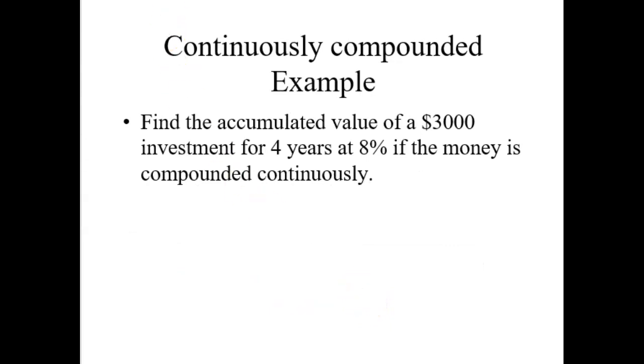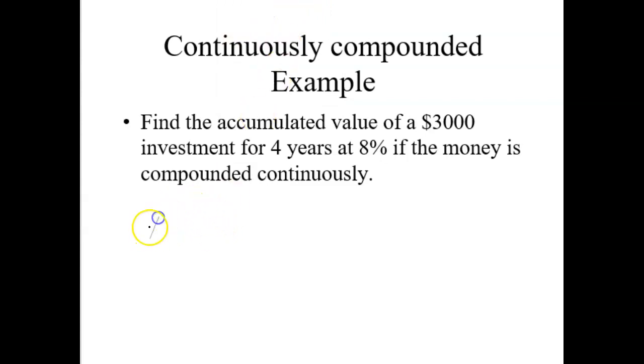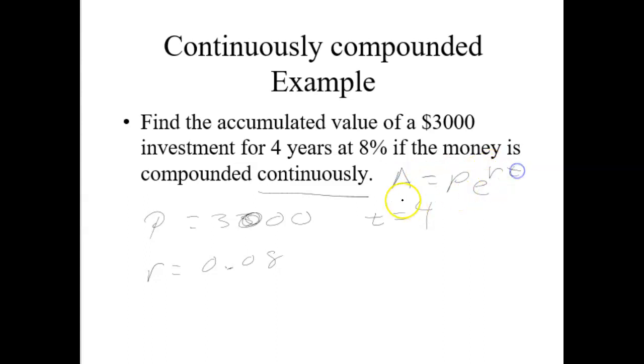So if I want to find the accumulated value of that same $3,000 principal, the principal is still $3,000. Sorry, I'm increasing my principal there. The investment time, t, is still in years, and I kept the same interest rate to keep the comparison easier to make. Now the money's compounded continuously. There is no n. As soon as you see this word continuous, you know you're using this formula instead of the one with the 1 plus r over n in it. As soon as you see continuously, it means you use this formula, and it's the only time you use this formula. So what I have is A equals 3,000